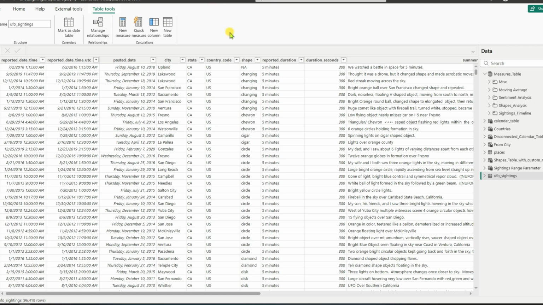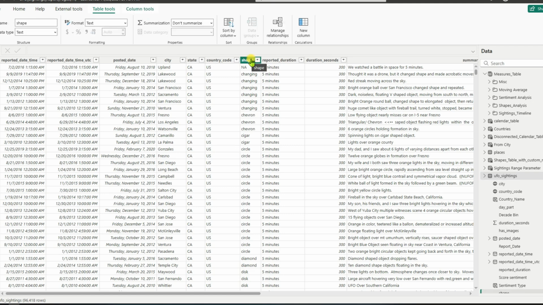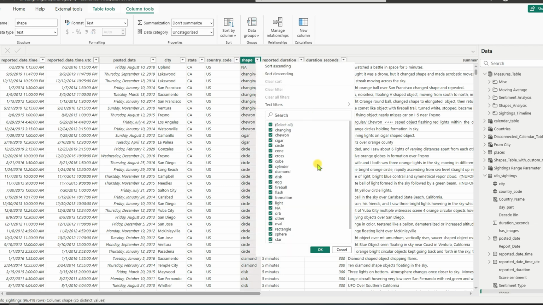Hi, we are in the table view and we are looking at our UFO sightings table, and we have a shape column. So I was just thinking that, hey, let us try to calculate percentage of shape. We'll create a measure and we'll try to bring in external slicers, say for example decade bin or country name